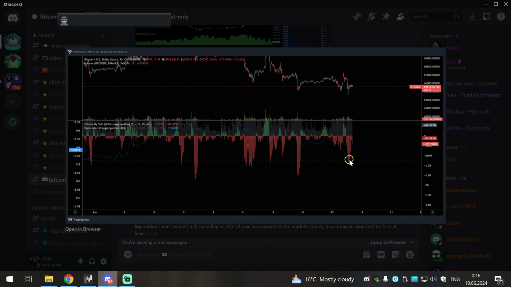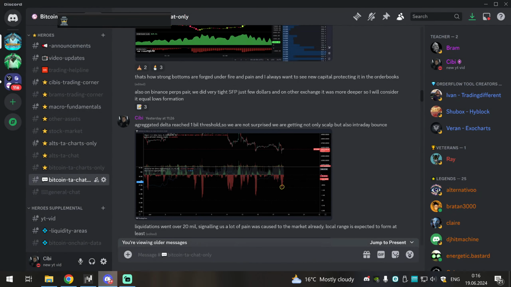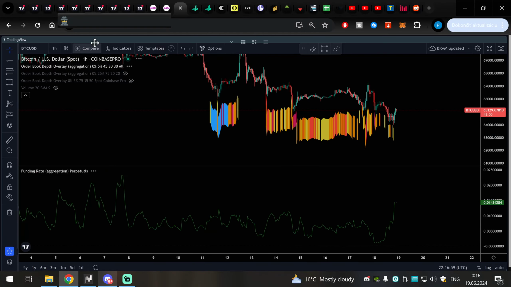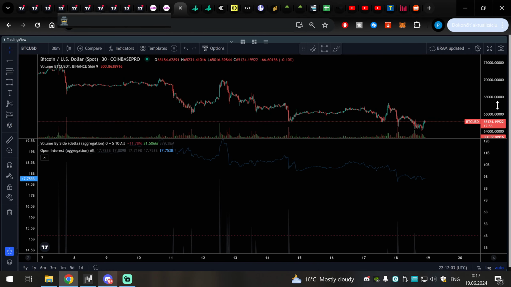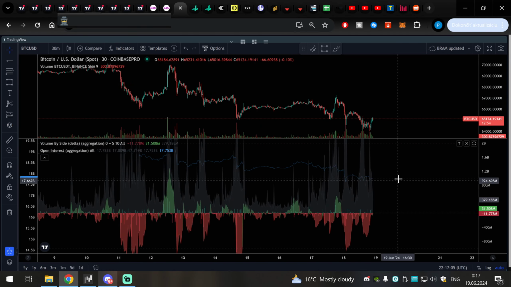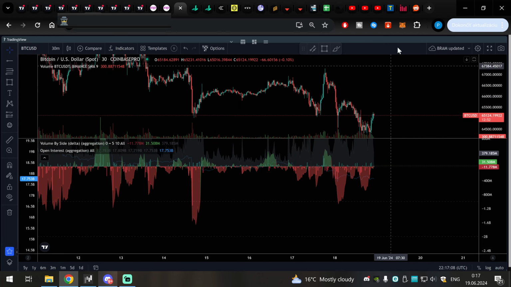We also reached the 1 billion aggregated delta. So we knew the bounce to the upside has potential to be big. We need to go to TRDR now. We go into the volume aggregation and also delta aggregation. So over here,